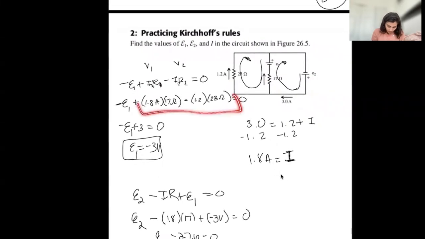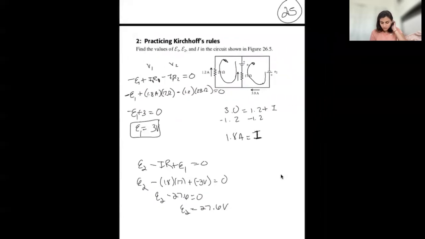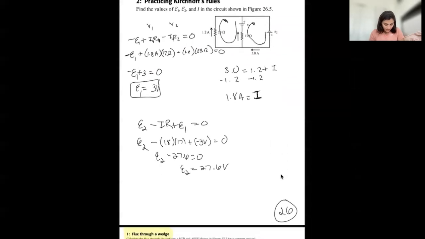When I do this multiplication, you get 3, and you get your E1 as negative 3 volts. Wait, as positive 3 volts. I did this wrong. Look at that. I just now realized. Because positive 3 volts is your E1. I'm not going to fix that from the other thing. So now,